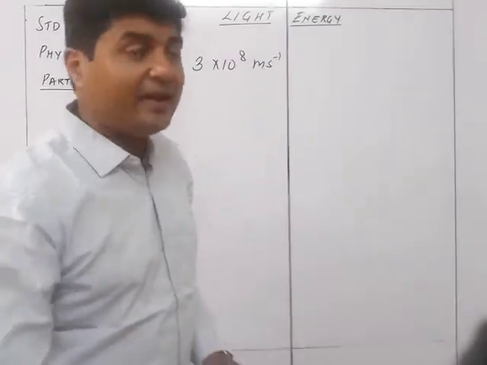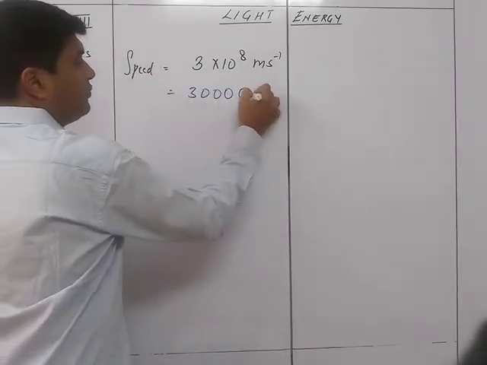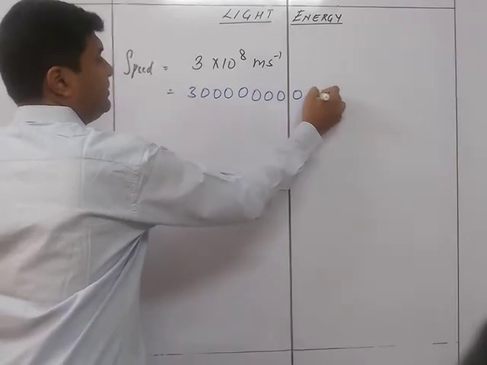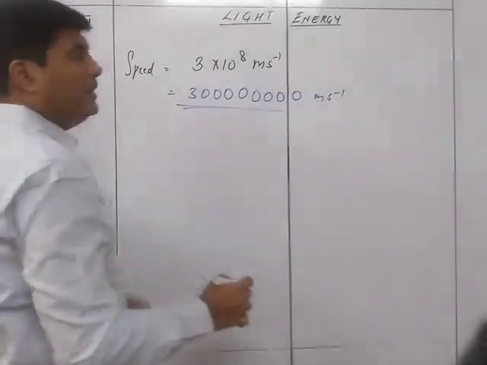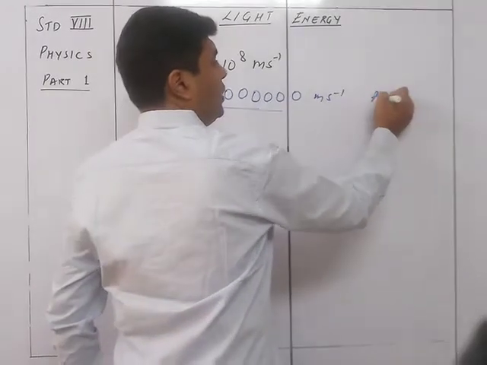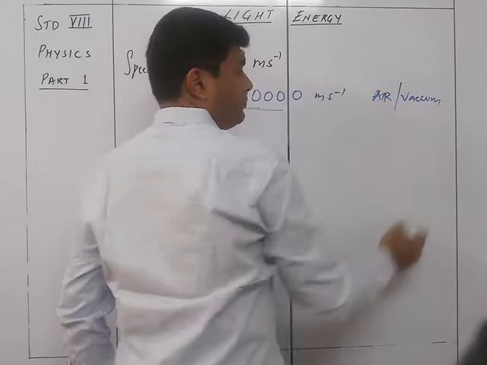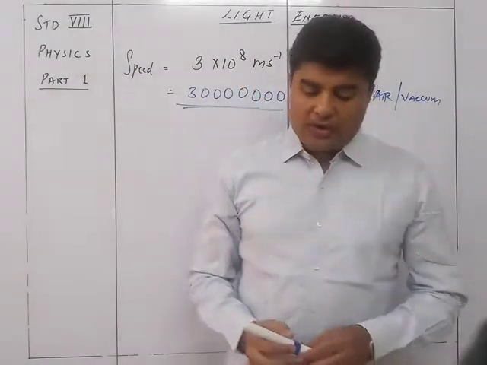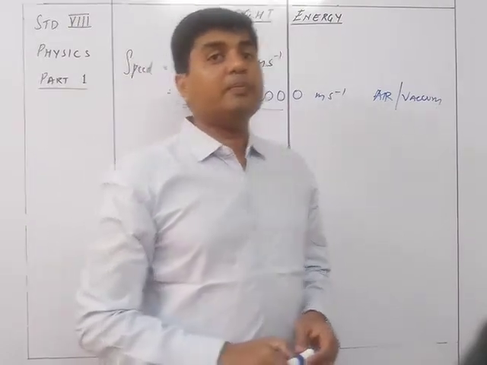Okay, 3 and 8 zeros. That is 1, 2, 3, 4, 5, 6, 7, 8 meter per second. This is the speed of light in air or vacuum. So if it is air or vacuum, then the speed of the light is 3 into 10 raised to 8